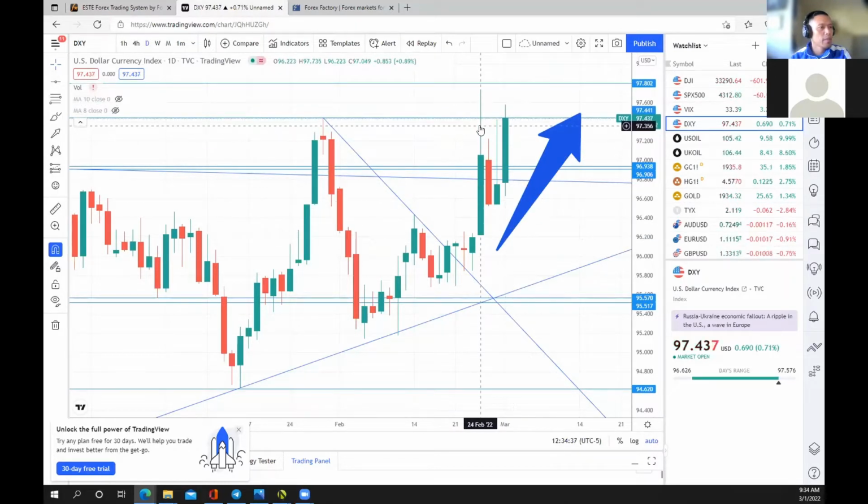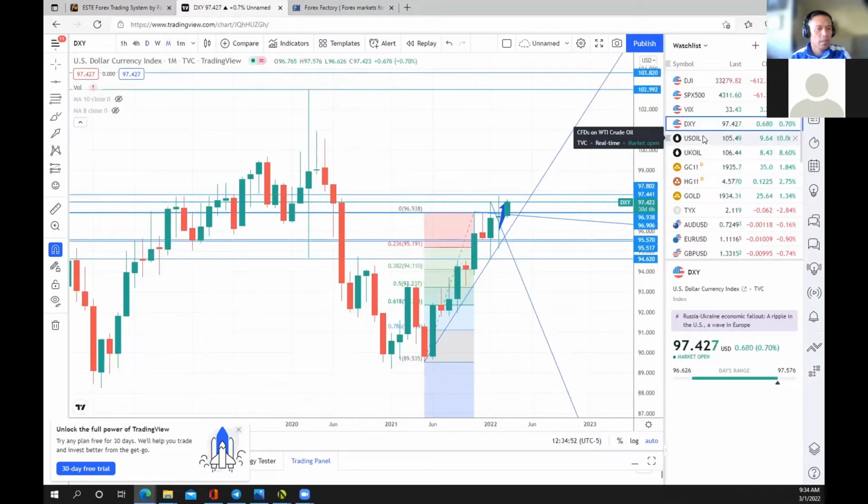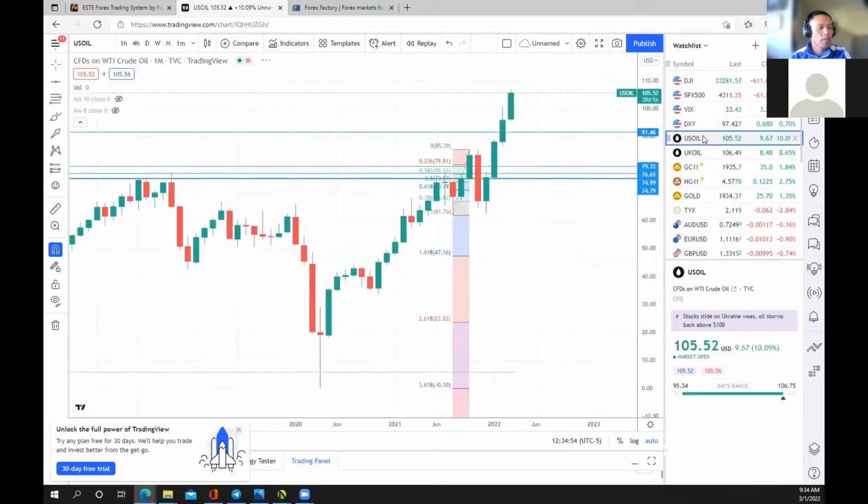Question is, can they break 97.735? Odds and probability they are. It's more than likely to happen. But if not, then minor correction again before a continuation of the dollar index or the price to the upside is gonna occur. Oil, and you can see here crude oil broke out